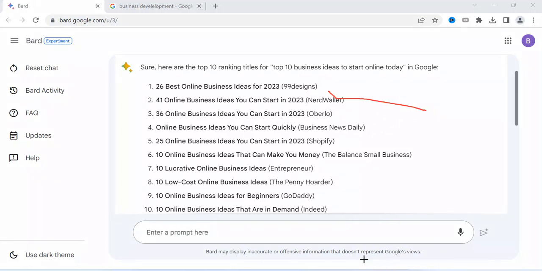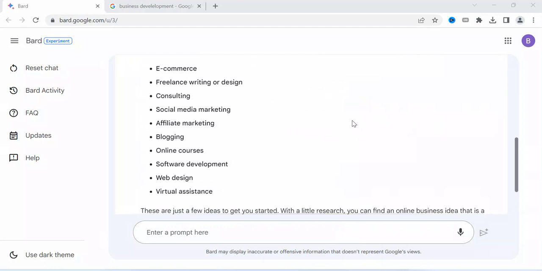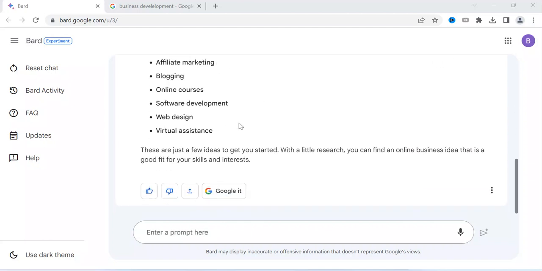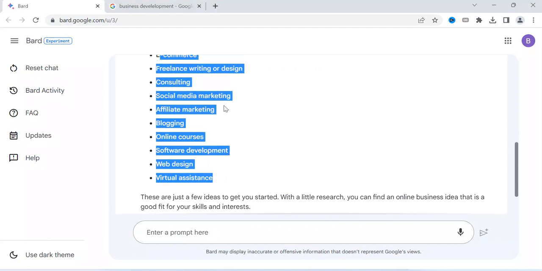You can also ask Google Bard as an AI tool to generate a title for you from the combination of these titles. These articles provide a variety of online business ideas that you can start today. Some of the most popular online business ideas they provide include this one.